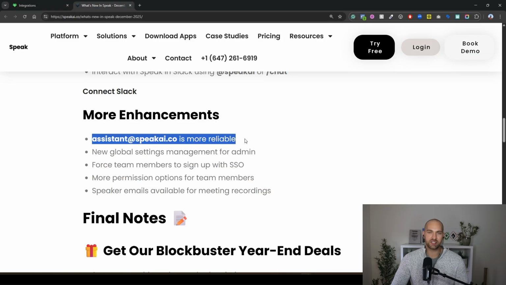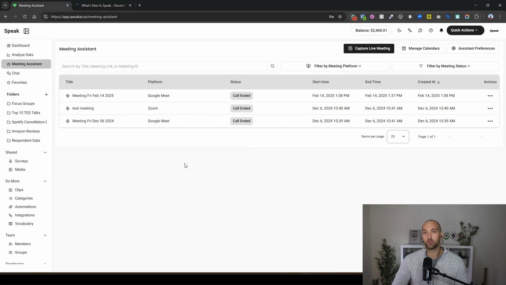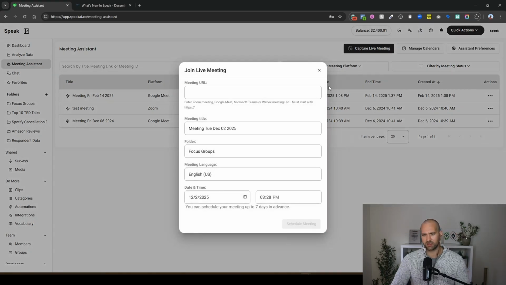For any of you who are using the meeting assistant or would like to use the meeting assistant, one of the things that you've always been able to do has been to sync the calendar, but not everyone wants to sync their calendar yet. In some instances, they want to be able to have the meeting assistant join. And you have always been able to do this through the Capture Live meeting. And so you can paste the link into the call. You can say what folder you want it to go to, and then it will join the call at that